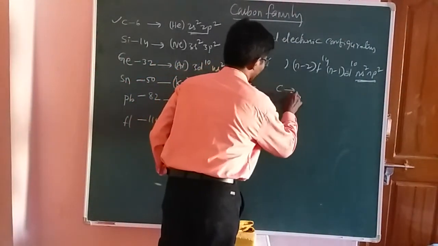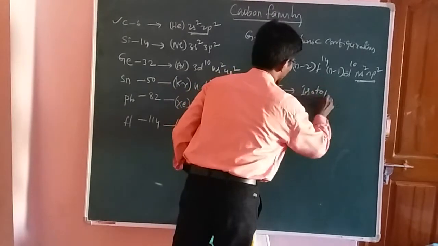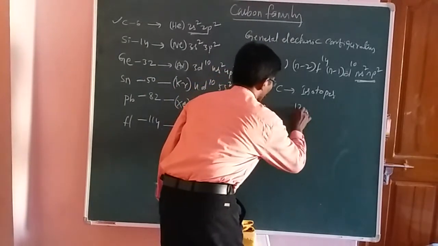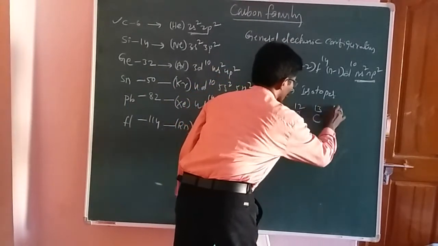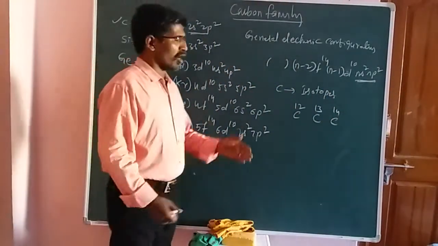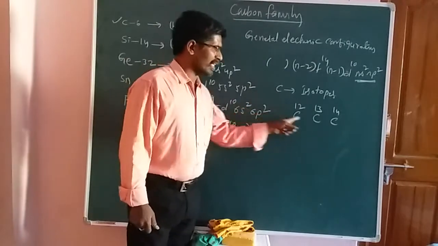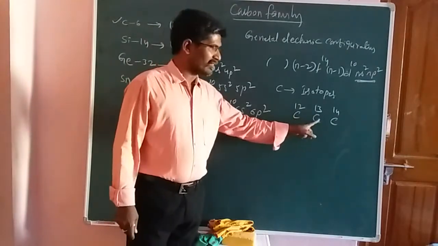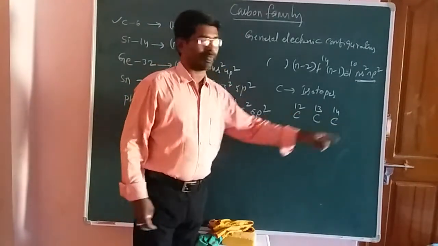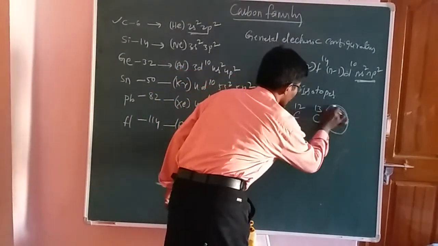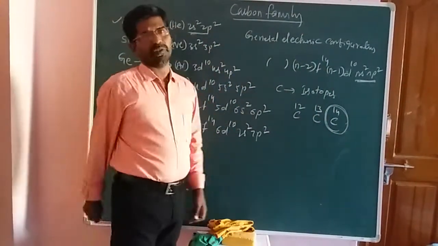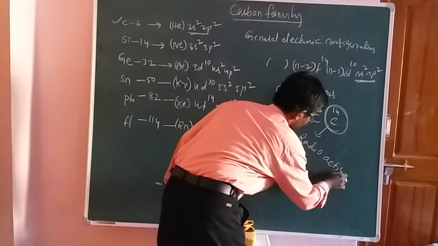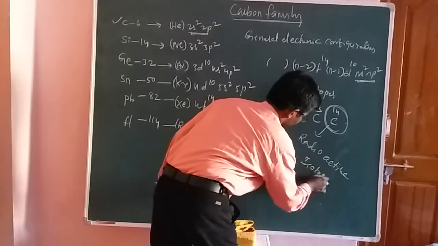Okay, here carbon which contains isotopes. Okay, now these are the isotopes. Now carbon contains three isotopes. One is the C12 isotope, and next one C13 isotope, and next one the C14 isotope. Now how many isotopes are there for the carbon element here? Three isotopes. We have three isotopes for the carbon element. C12, C13, and C14. Now here the C14 isotope is a radioactive isotope.